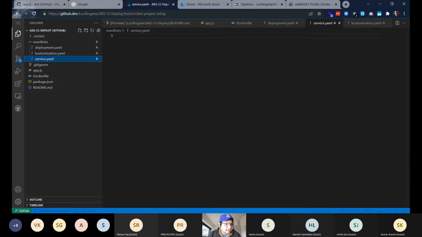Moving on to the service file again, let me copy it. Basically, most of these Kubernetes settings are mostly boilerplate. That means you will see the same code written multiple times. Only a small part gets changed. So here also you can see